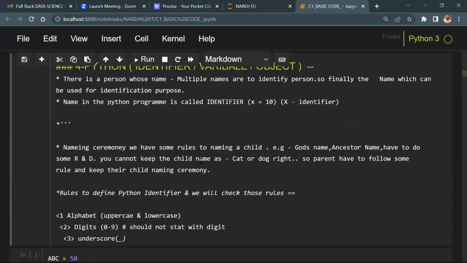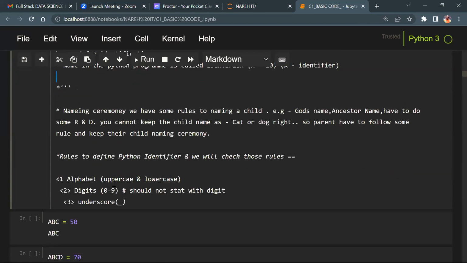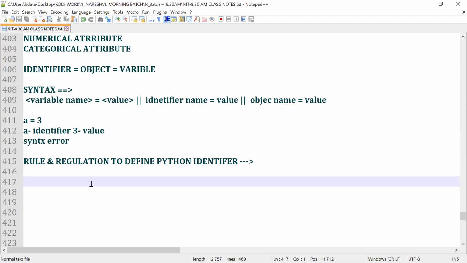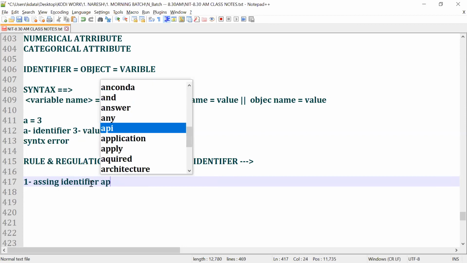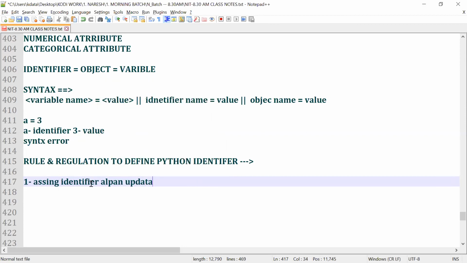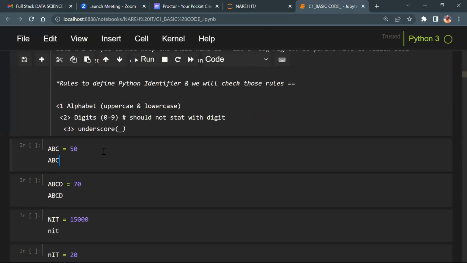Let's say the first rule is alphabets, uppercase and lowercase. You can assign identifiers with alphabets, meaning using uppercase and lowercase as well. What is meant by that? Let's go back to the practical and say capital ABC equals 50.